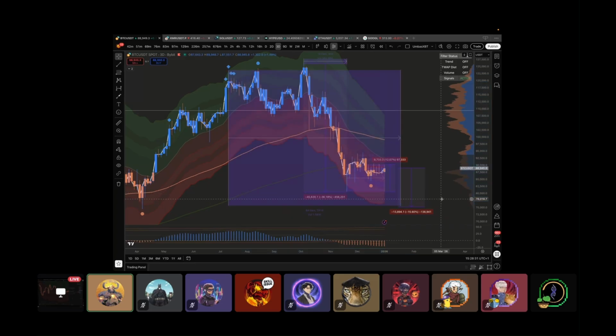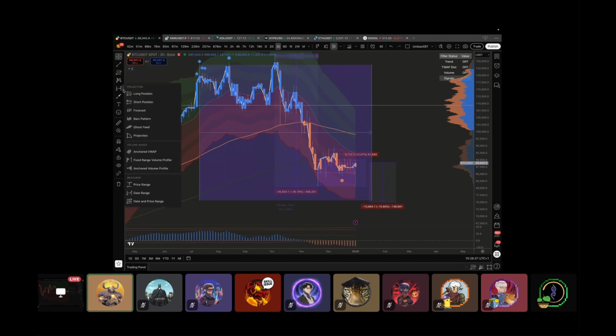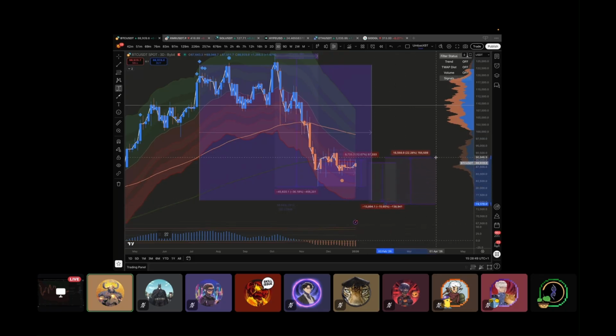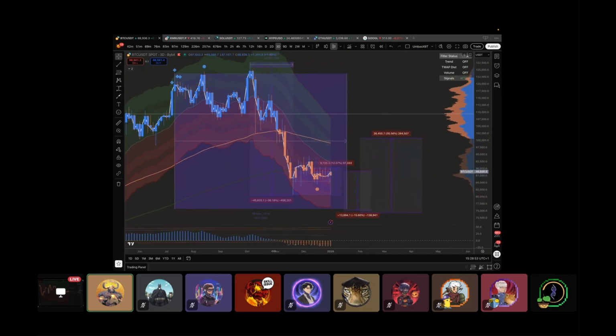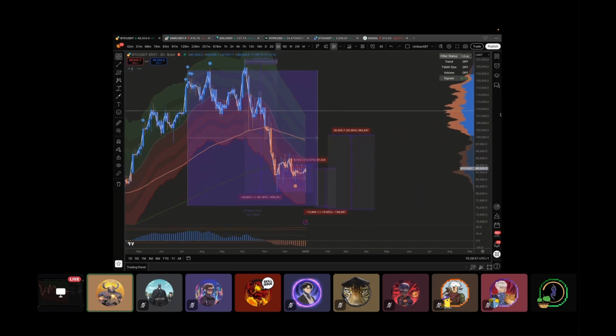I'm not saying the bottom forever, but somewhere around here, I do believe that price will see a very nice recovery. Be it from 70K or 80K, that does not really matter. But I do believe that somewhere around here, we will see some quite significant rally again, okay? Probably before the macro downtrend continues.